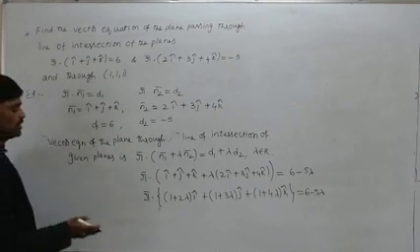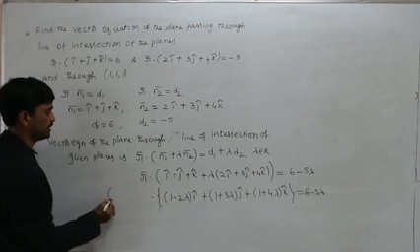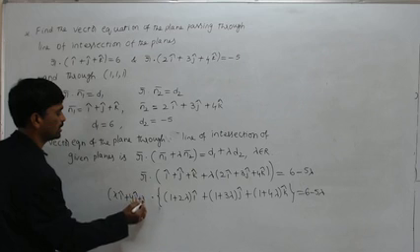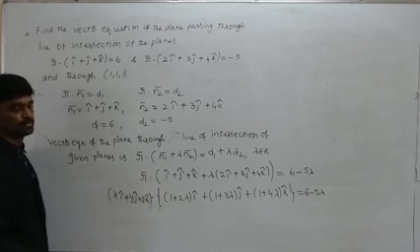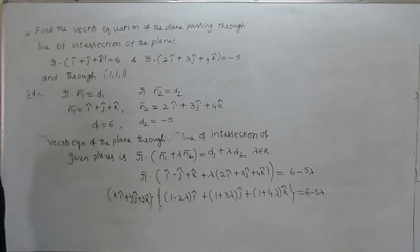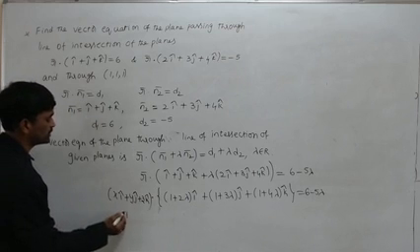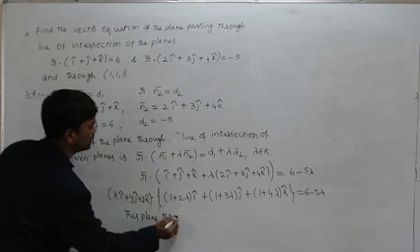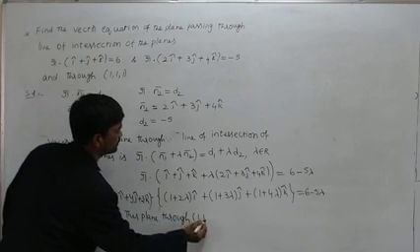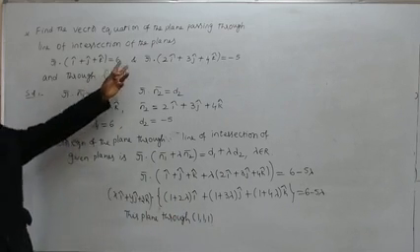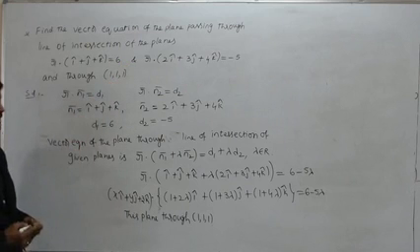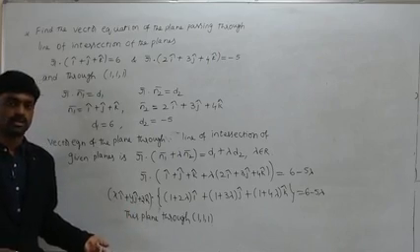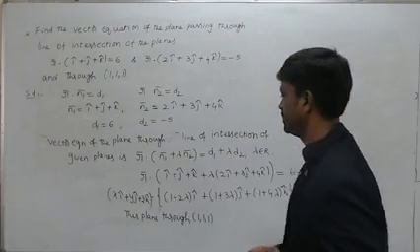Okay, so now let us take r bar equal to xi cap plus yj cap plus zk cap. Now this plane is passing through which point? 1, 1, 1. So it passes through the intersection of these two planes and also through the point 1, 1, 1. So now we have to put 1, 1, 1 instead of x, y, z. Am I correct? Okay. So if you put 1, 1, 1 instead of x, y, z, what will you get?